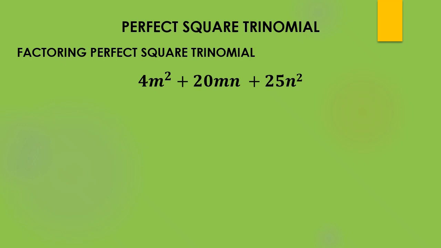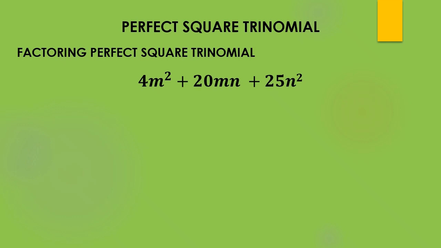It is a perfect square trinomial. According to our definition, a perfect square trinomial consists of three terms. So there are three terms here: 4m squared, 20mn, and 25n squared. So this is correct. And then the first term and the last term must be perfect square terms. So 4m squared is a perfect square term because it is the square of 2m. So that is our A. And 25n squared is also a perfect square term because it is the square of 5n, which is our